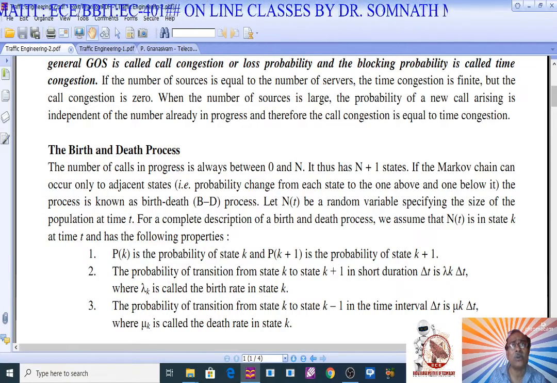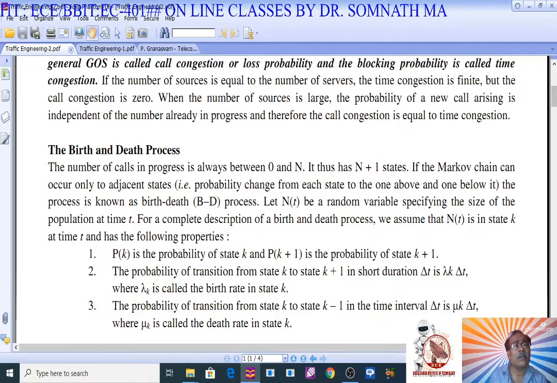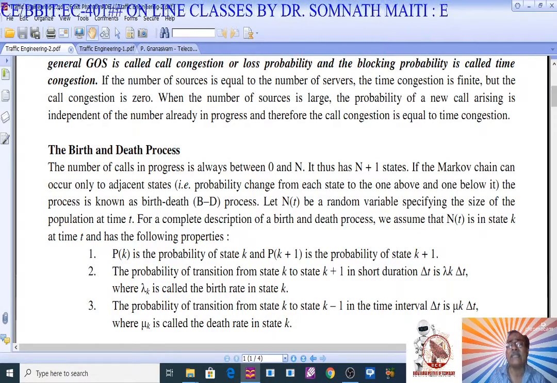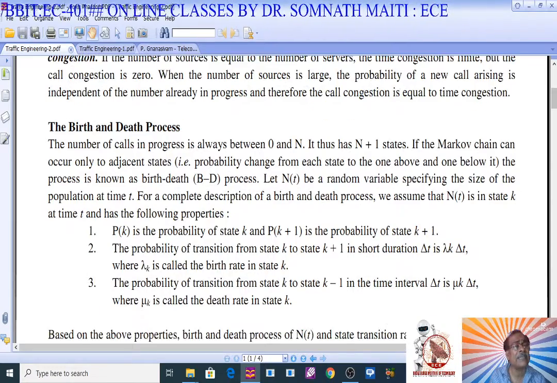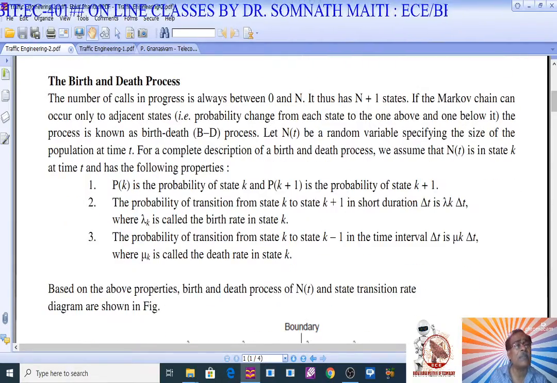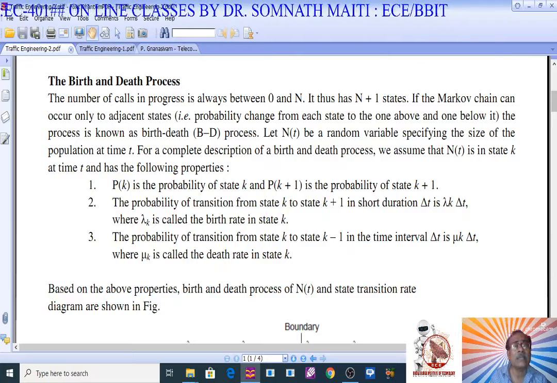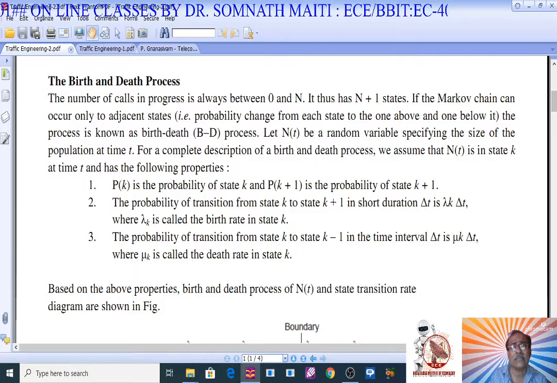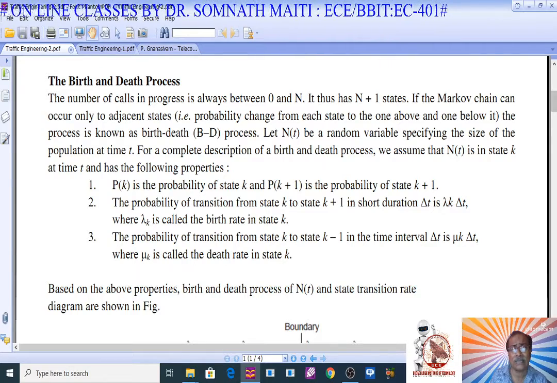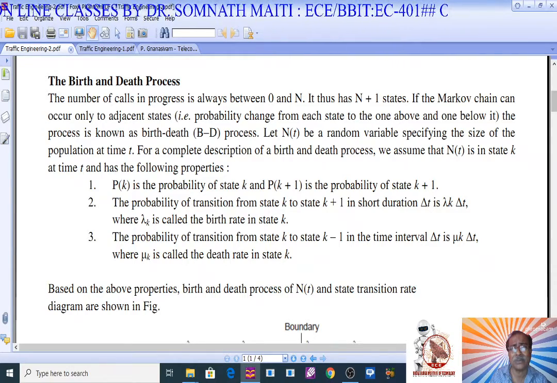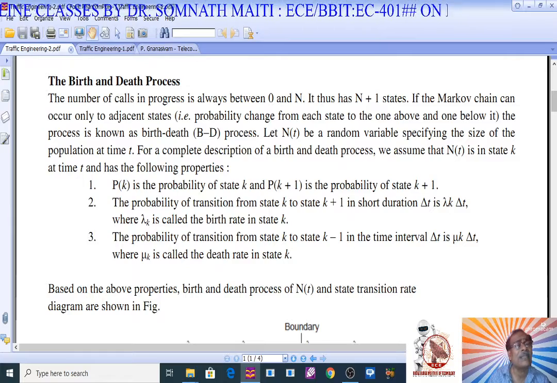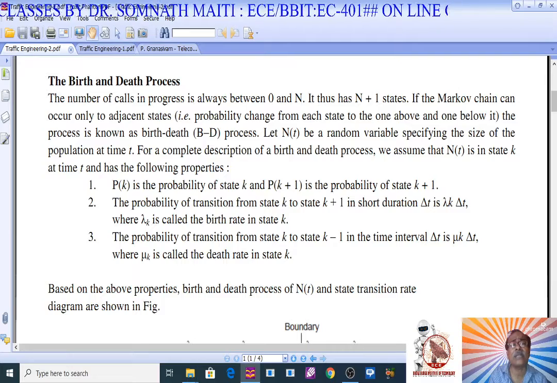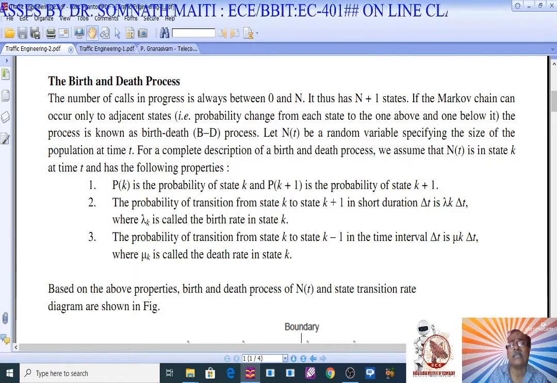Nt is the number of calls in progress. For a complete description of the birth and death process, we assume Nt is in a state k at time t and has the following properties. Pk is the probability at state k, and Pk plus 1 is the probability at state k plus 1. Just like a counter, state k plus 1 may be 0, 1, 2, 3, like that. The probability of transition from k to state k plus 1 in a short duration delta t is